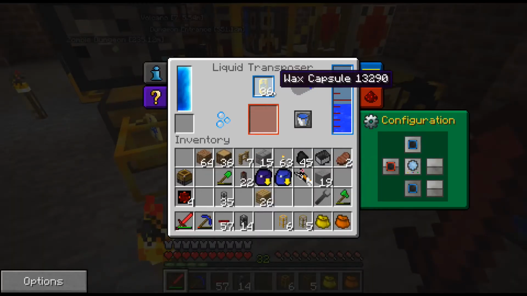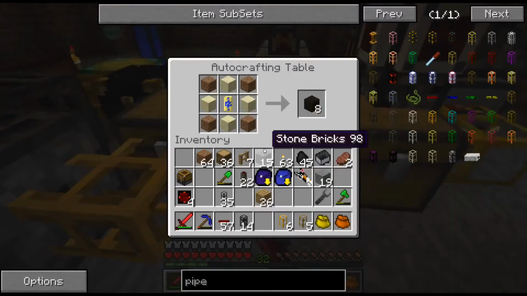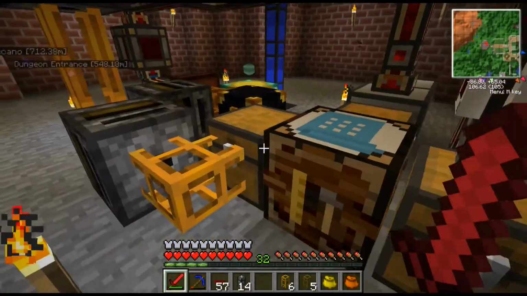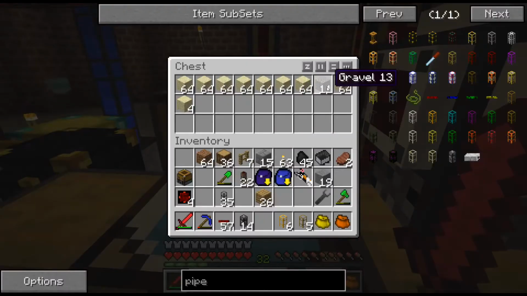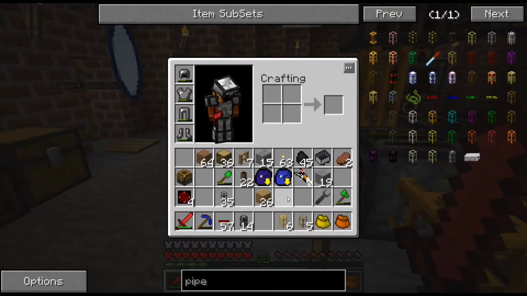Now obviously this is going to fill up anything that you stick in it. So it's going to get tons of these wax capsules. And now we've got everything we need to make this bog earth automatically. The one thing I do want to do, though, is set up a system because we get way more dirt back from bog earth than we put in. And also we're getting gravel over here, which will eventually fill up this whole chest. So we're going to make a couple more